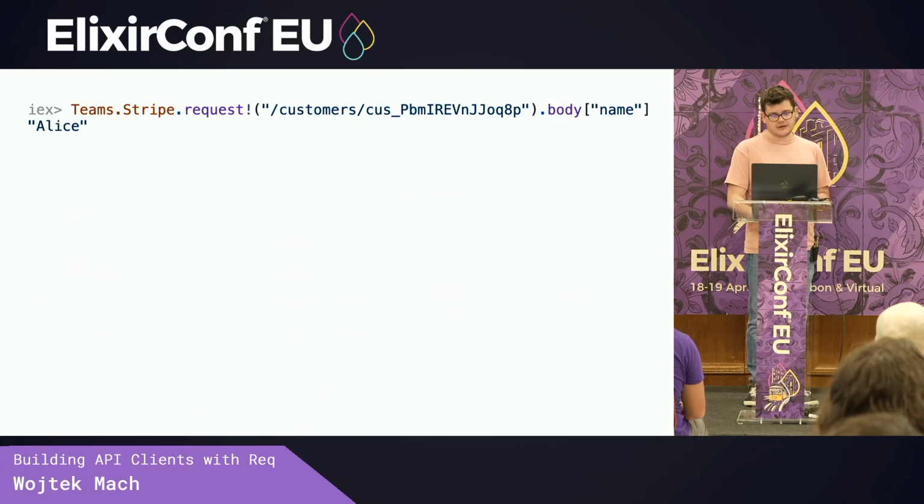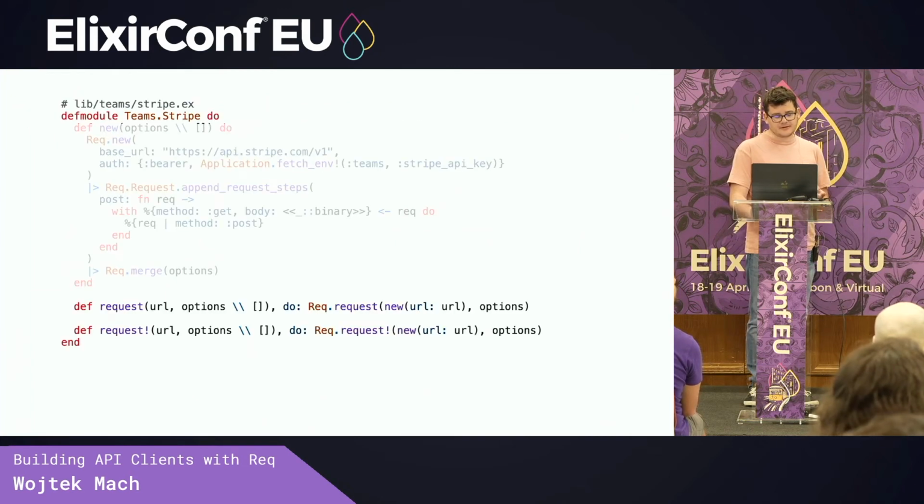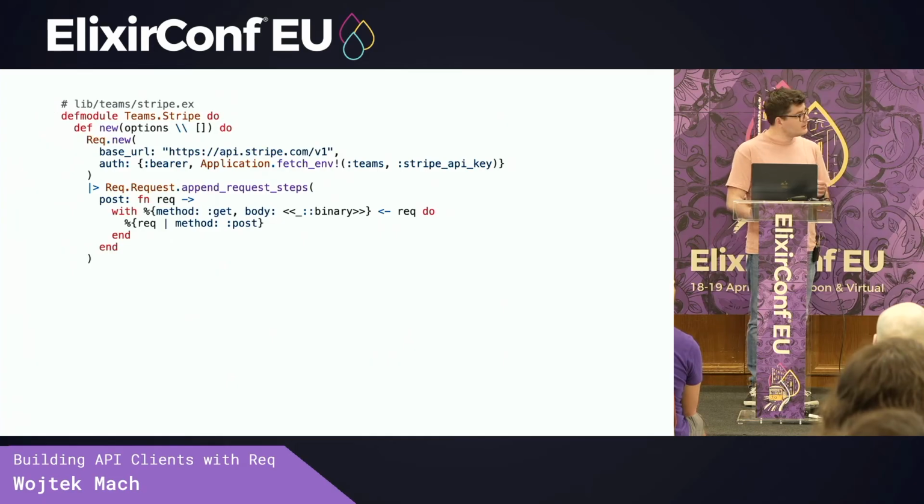I have a customer ID here, so I can do request with /customers/ID, and I can get the body field from the struct and destructure it, and so I have the name of the customer. This is it, right? On one hand, with SDKs, it's nice that you have all of these functions because you can search for what you need, get customer. Maybe you can even ask ChatGPT what is my function name to get a customer, but you can also do this. And as a matter of fact, one important thing about Stripe IDs is,